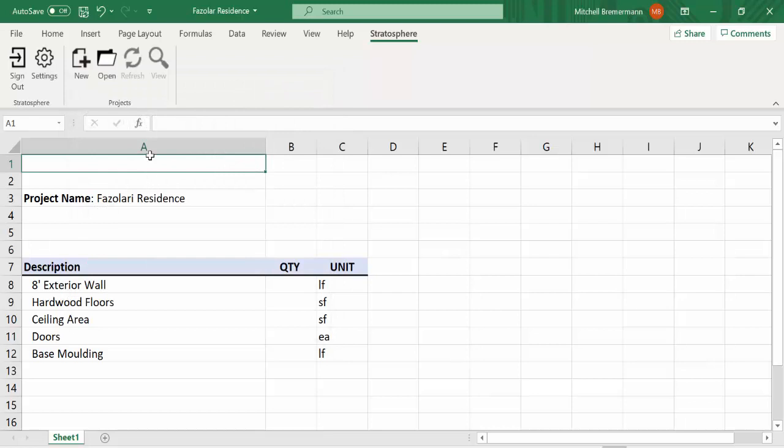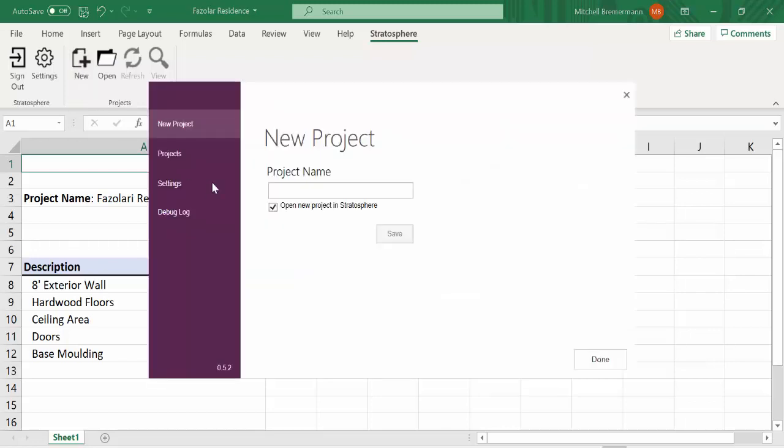Once you're signed in, you'll see new buttons appear in your toolbar, including one for a new project. Click on the New button here, and name your new project. In this example, we're going to title our project Residential Project. As long as you have this box checked that says Open New Project in Stratosphere, when you press the Save button,